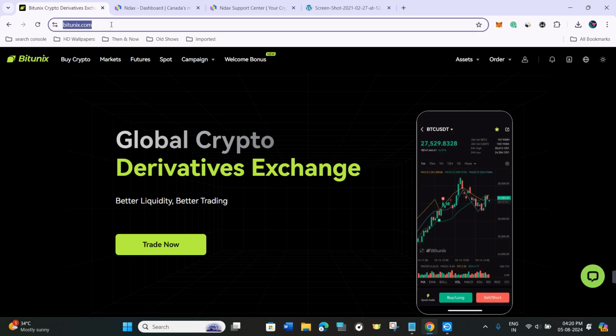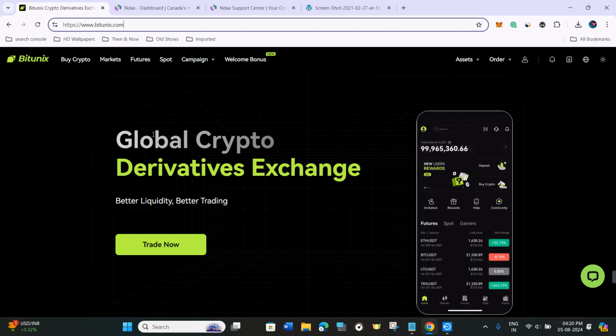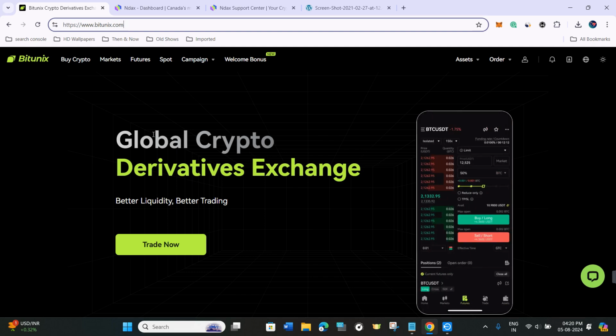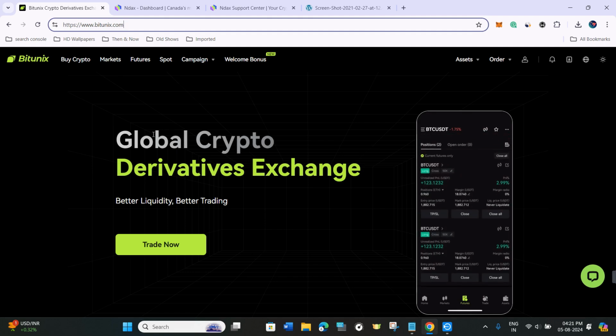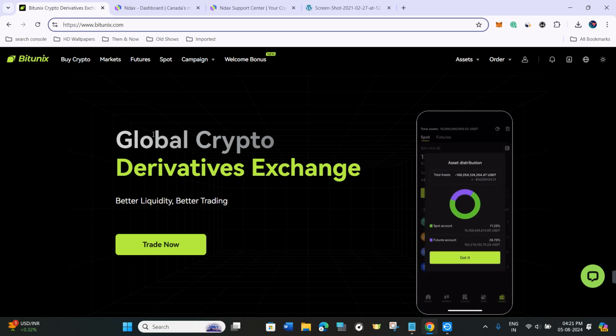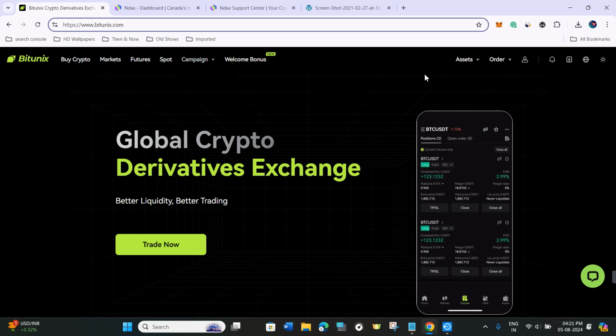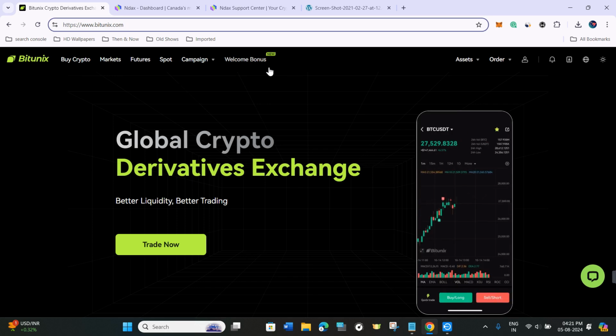First of all, I'm going to use bitunix.com, and over here we are going to deposit USDC. If you don't know, on any of the Canadian exchanges USDT is not allowed, but USDC is allowed and it can be used as a workaround for USDT. So first you just have to come to Bitunix, create your account on it, and then